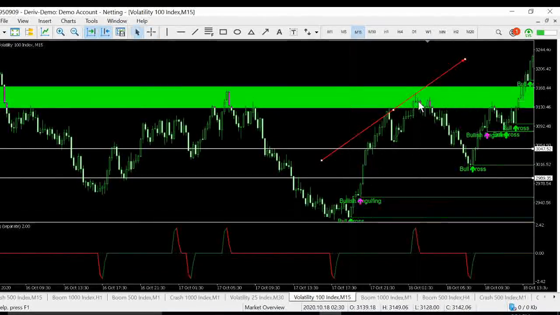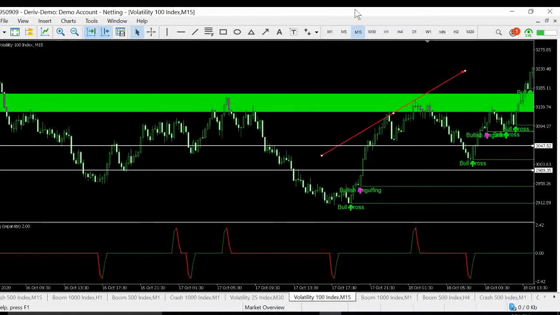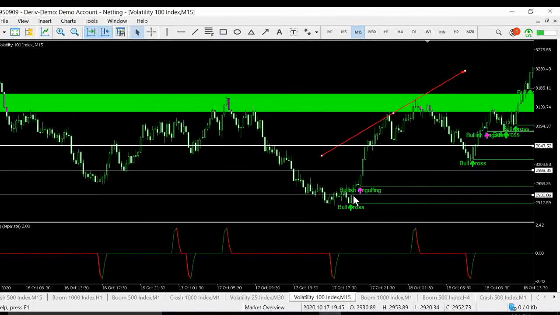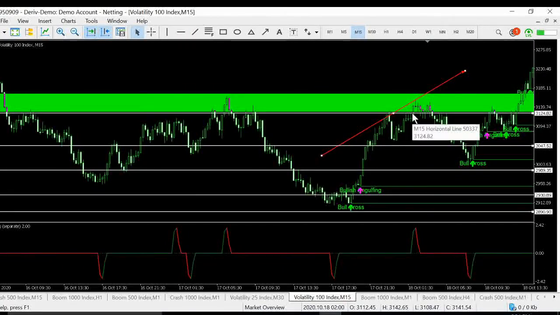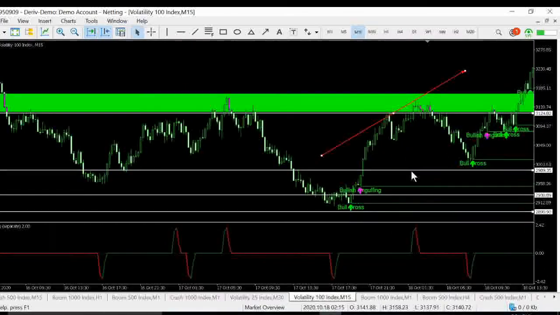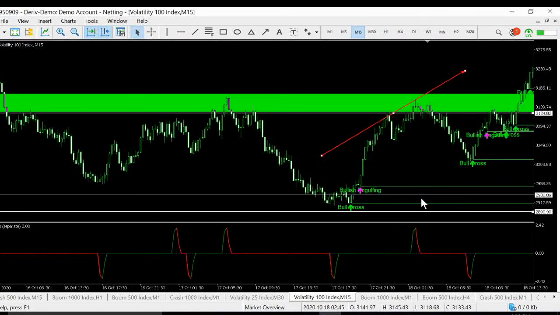Just imagine this. Now if you're going to check the risk to reward ratio, our entry is going to be here. Our stop loss is going to be here. Our buy entry is going to be here. Then our take profit was here, guys. No, this ain't relevant. This is for the last example. So you can imagine, guys, this is like risking $1 to get over $7. So that is how it works, guys.